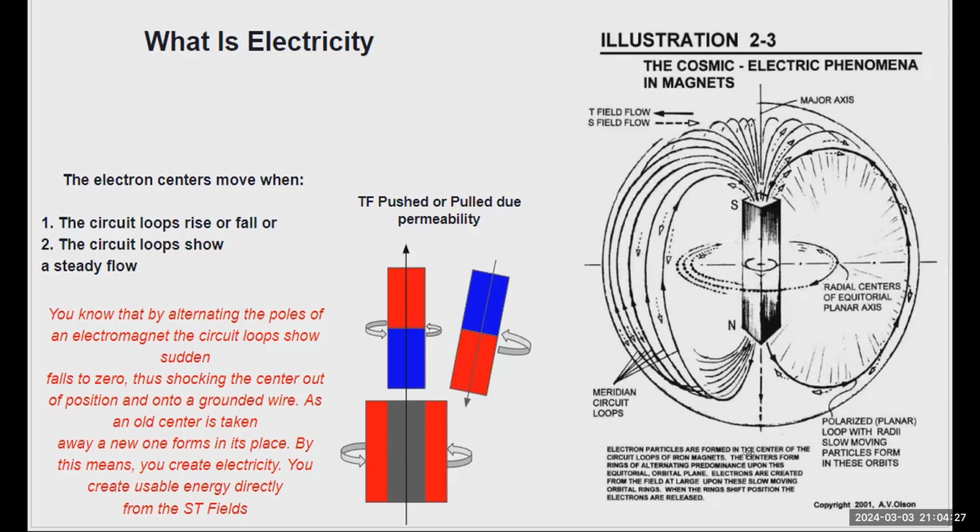Okay, the center forms rings, so they are formed, and in order for us to kick them out of their comfort zone, we need to change their direction left and right, so they can be released. And when we release enough of them, they start to flow to the wire, and we have a current, more